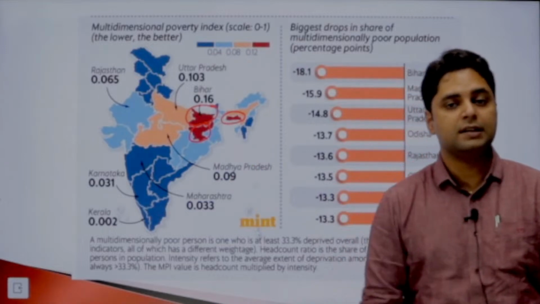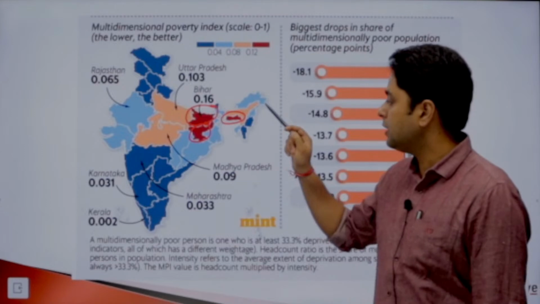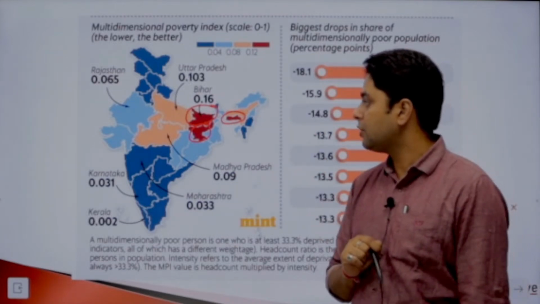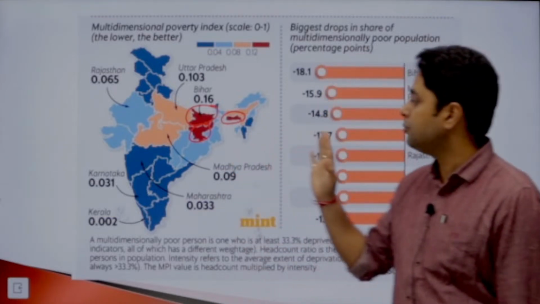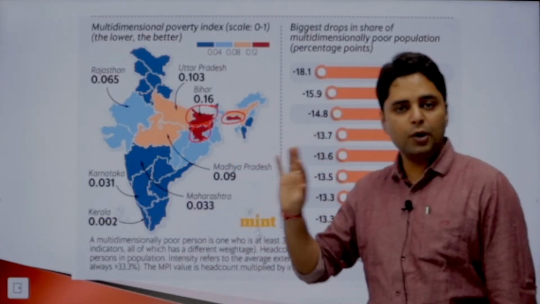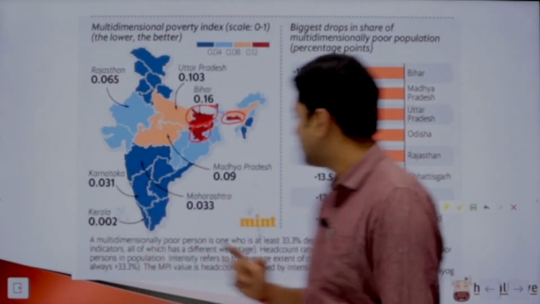These are the three states that stand out. इन तीन स्टेट्स में सबसे ज़्यादा मल्टी डायमेंशनली पुअर लोग रहते हैं। तो थोड़ा सा पॉलिसी मेकिंग में और पॉलिसी इंप्लीमेंटेशन में गवर्नमेंट यहाँ पे फोकस कर सकती है। दैट इज द आइडिया।